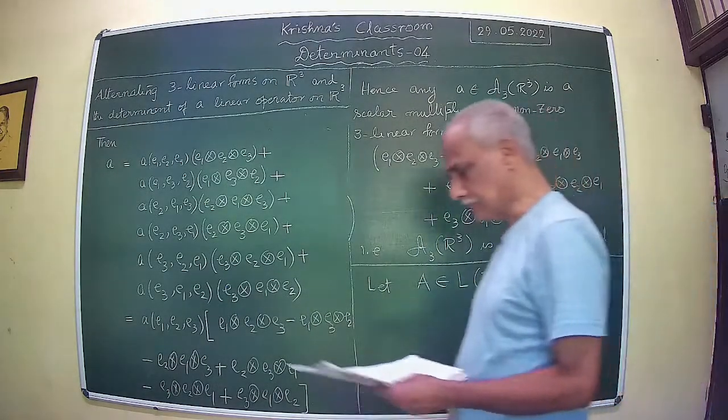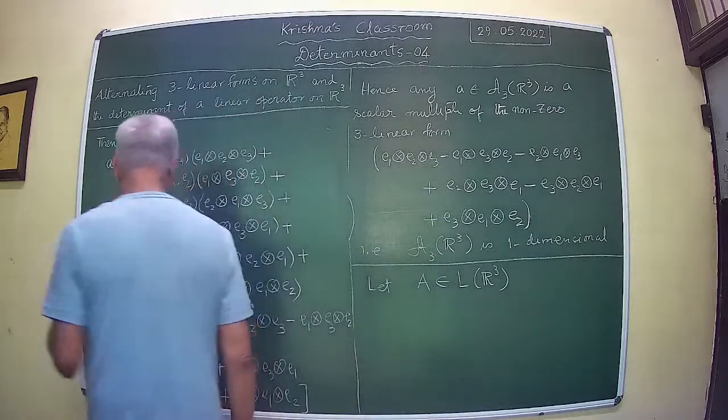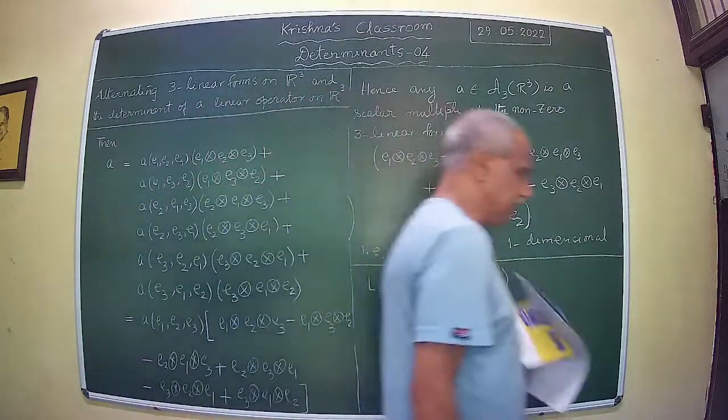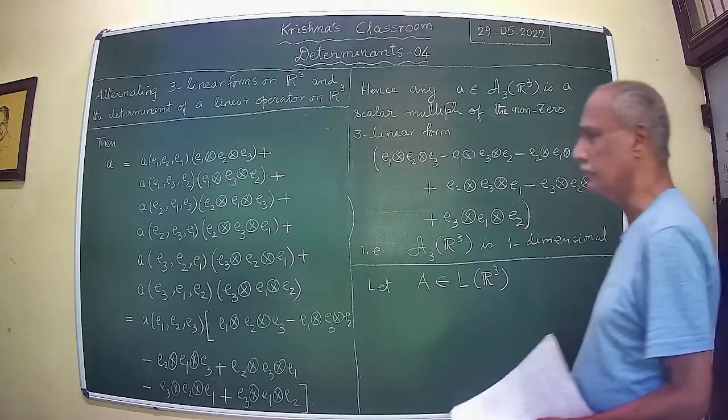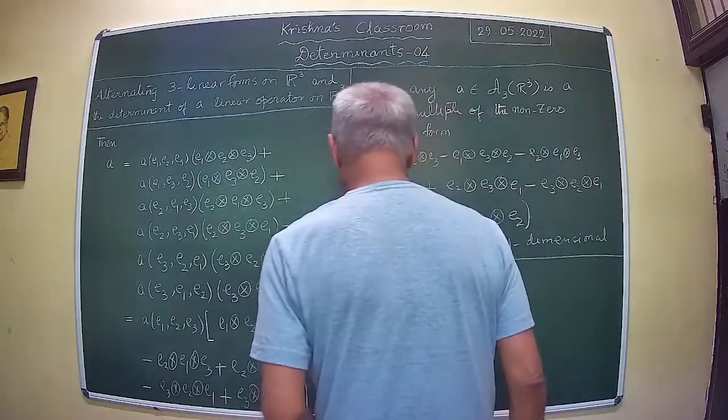Now let us write with respect to the basis E1, E2, E3 for R3. Let us assume that A is represented by the matrix